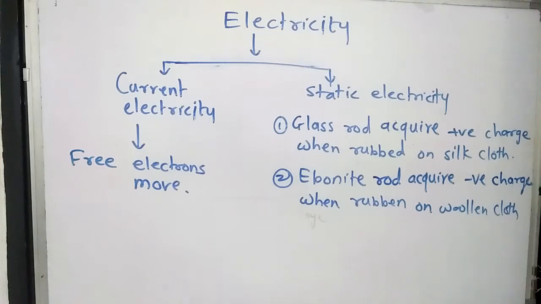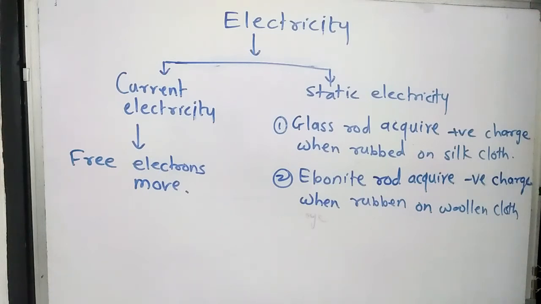Now what is the basic difference between current electricity and static electricity, as we have to study current electricity in this lesson? In current electricity, electrons move. Electron means charges. In an atom there are electrons which are negatively charged, and protons which are positively charged. So these are nothing but the charges, positive and negative. In an atom there are some loosely bound electrons. These loosely bound electrons are called free electrons, and when these free electrons move, we say that electricity is produced. That is nothing but current electricity.